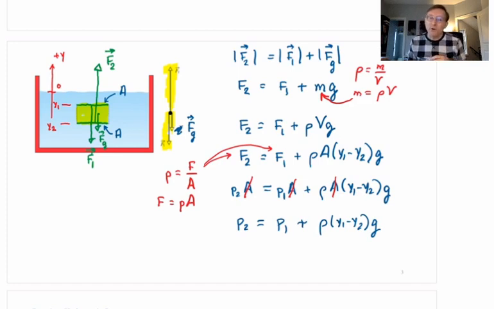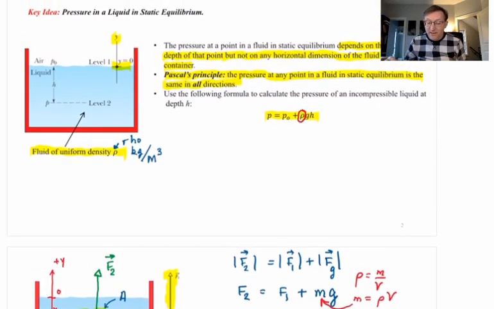Now all I need to do, one more step, is to apply that little formula to the parcel that I had. I just pick an arbitrary parcel here, but go back to the previous picture and in essence think of the parcel as something like that. It doesn't matter what the cross-sectional dimension is. Then level 1 is at the top, at the interface between the air and the liquid, and level 2 is at depth h below that interface. And if I apply this little result to that,